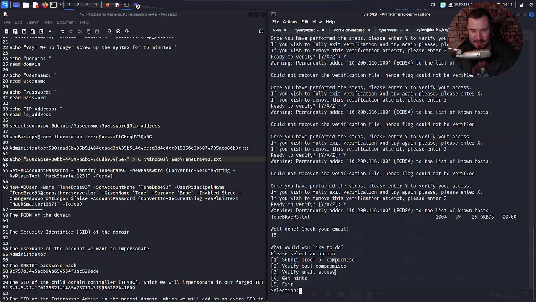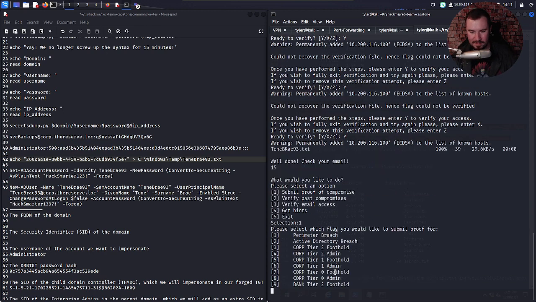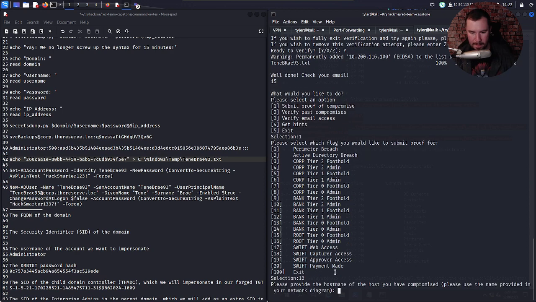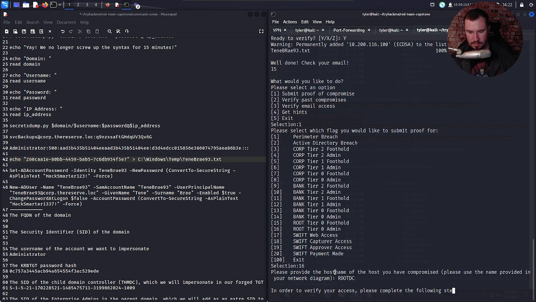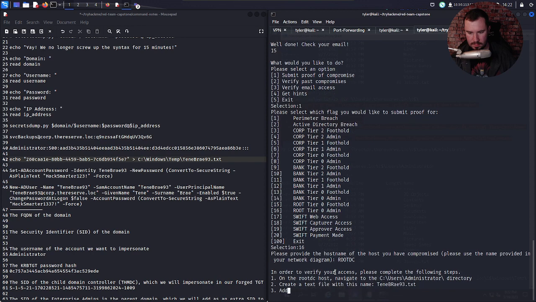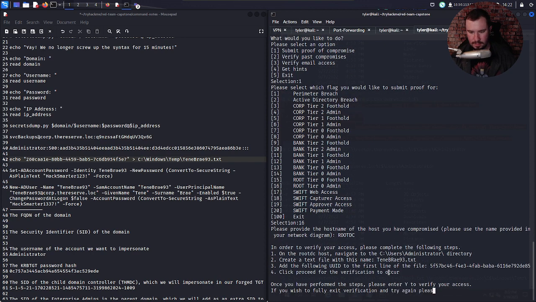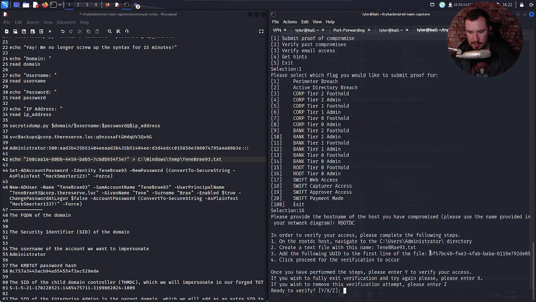All right, let's submit another proof of compromise. And we compromise tier 0 admin as well. So let's go ahead and do that. So same process.